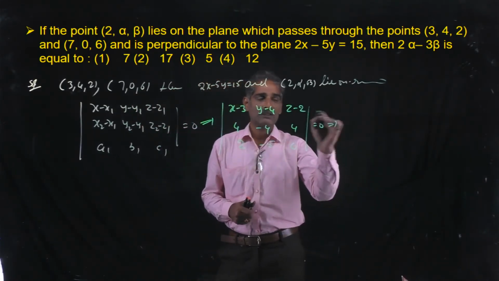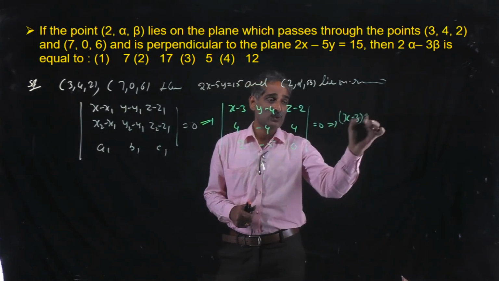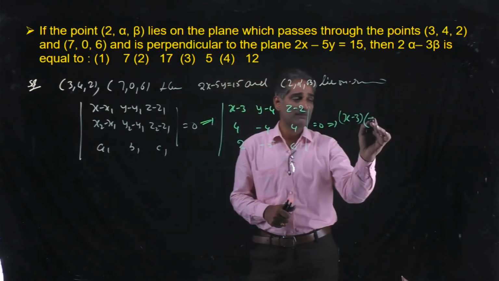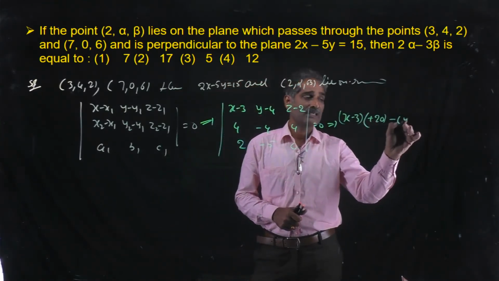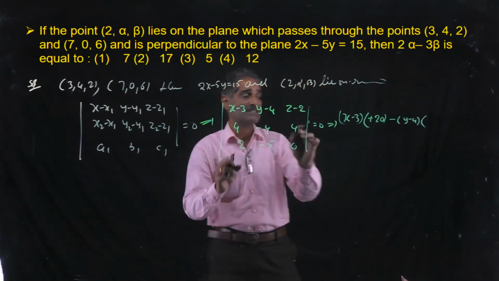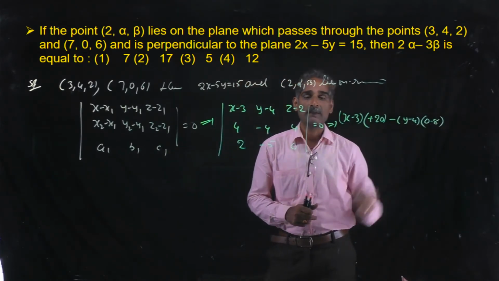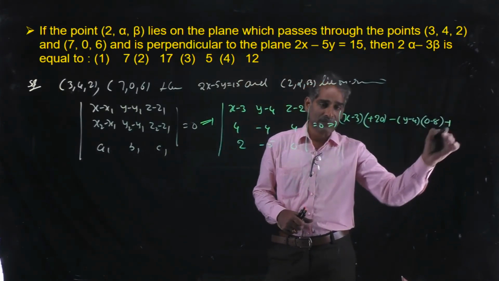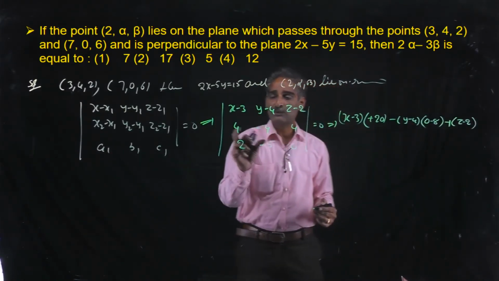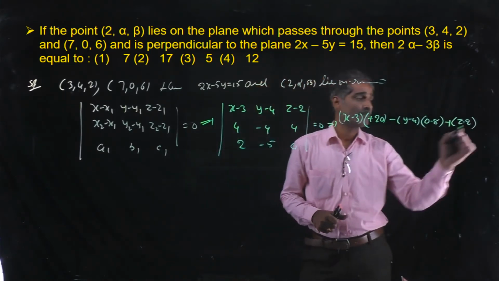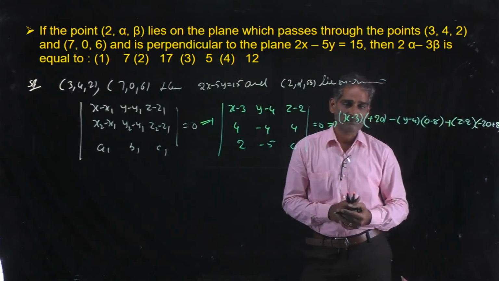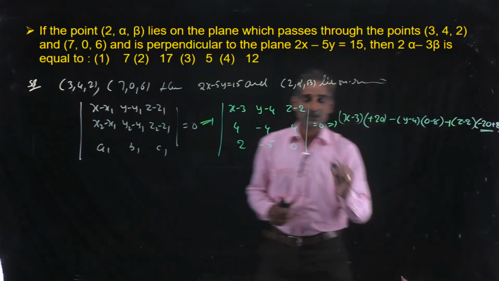Therefore here x minus 3 into (AD minus BC), 0 minus of minus plus 20, minus y minus 4 into (AD minus BC), 0 minus 8, next plus z minus 2 into (AD minus BC), minus 20 plus 8. Now simplifying this,